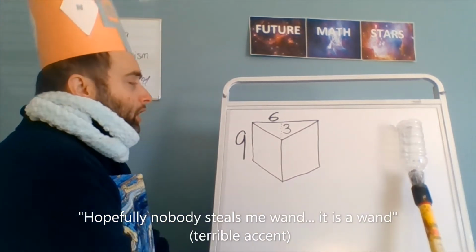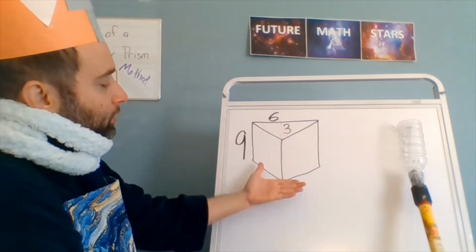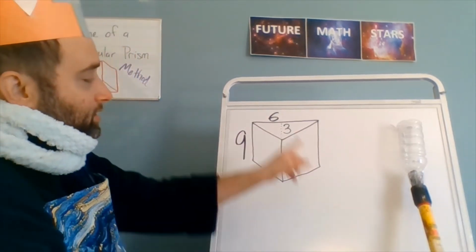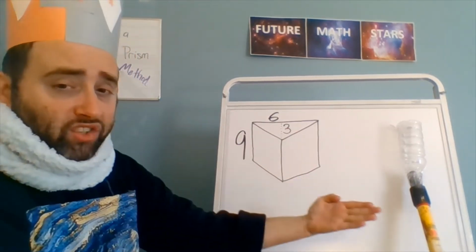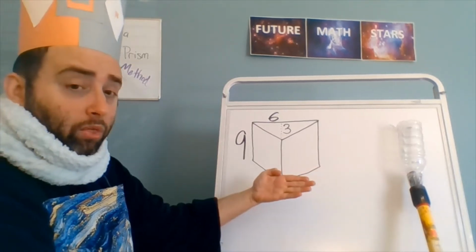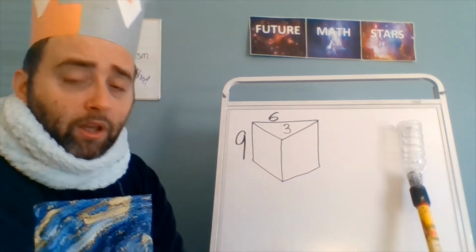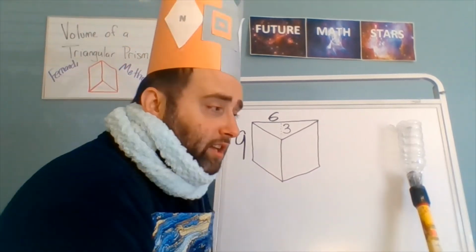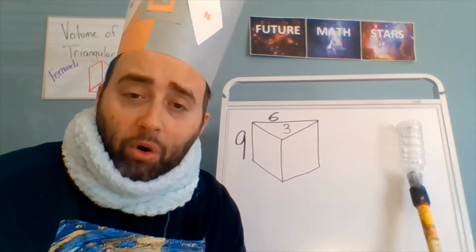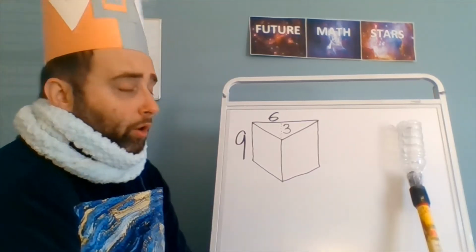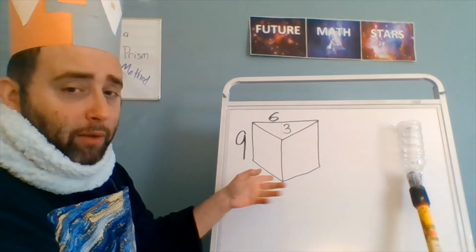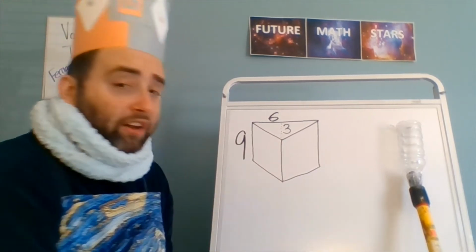So here we have a triangular prism. You can tell it's a triangular prism because there's a triangle here, and if you could see, there would be a triangle on the bottom. Hence, it would be a triangular prism. So, whoever may have taught you yesterday probably told you to find the area of the face, then multiply it by the length. But what the great Fernandi showed me